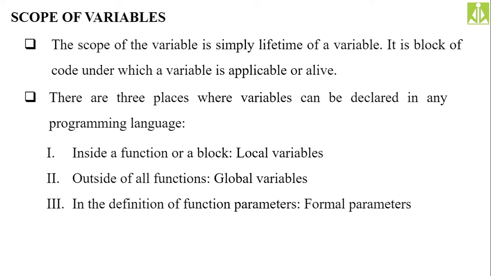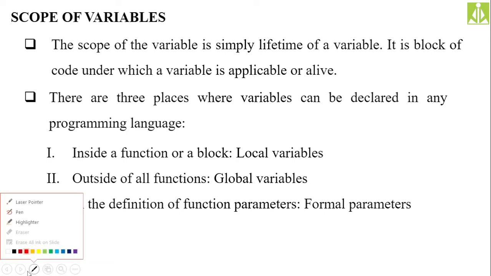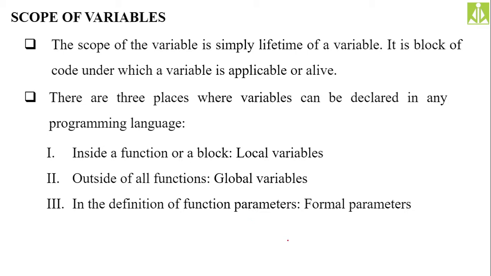So in order to restrict the access of a variable, we need to declare the variable within a block. A block is a collection of statements, a group of statements, and in order to group statements in our C language, we use the block. A block is nothing but a set of statements enclosed within curly brackets, like this. We are going to put all the statements over here. If you declare a variable within the block and you try to access this variable out of the block, the access is restricted.